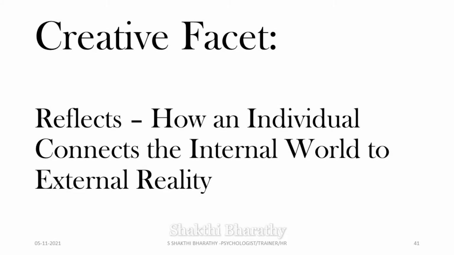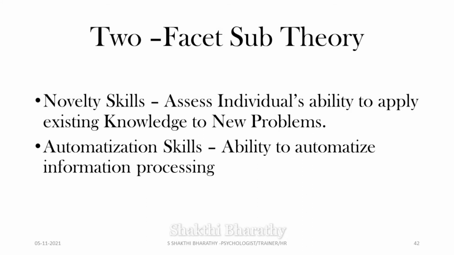So Sternberg considered the creative facets to consist of the ability which allows people to think creatively and that which allows people to adjust creatively and effectively to new situations. Sternberg believed that a more intelligent individual will also move from consciously learning in a novel situation to automatizing the new learning so that they can attend to other tasks. So in this, he is giving a two facets theory, that is novelty and automatization.